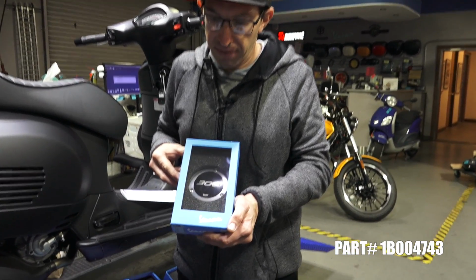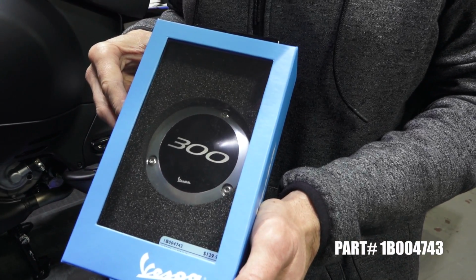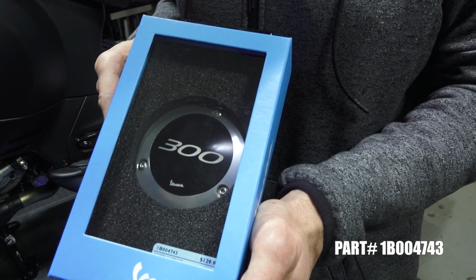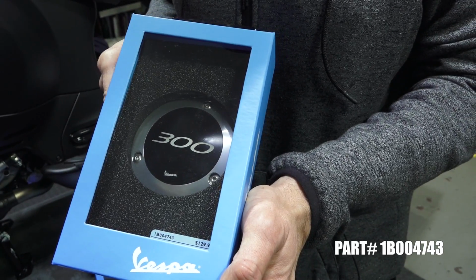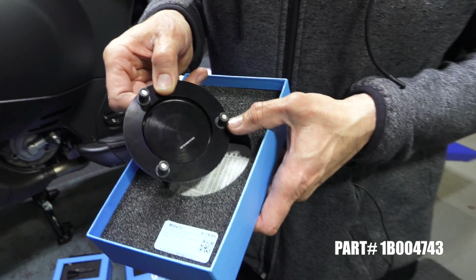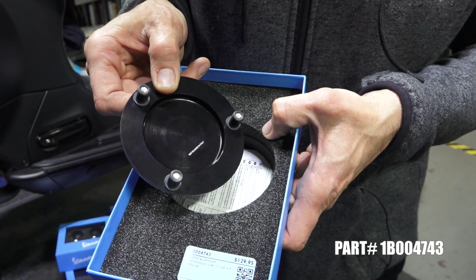It's the belt center cover. Looks very cool. It's got the 300 insignia laser engraved in there along with the word Vespa, both silver and black. Part number is 1B004743. You see it's got 3 rubber well plugs that hold in very securely versus the standard one that's just